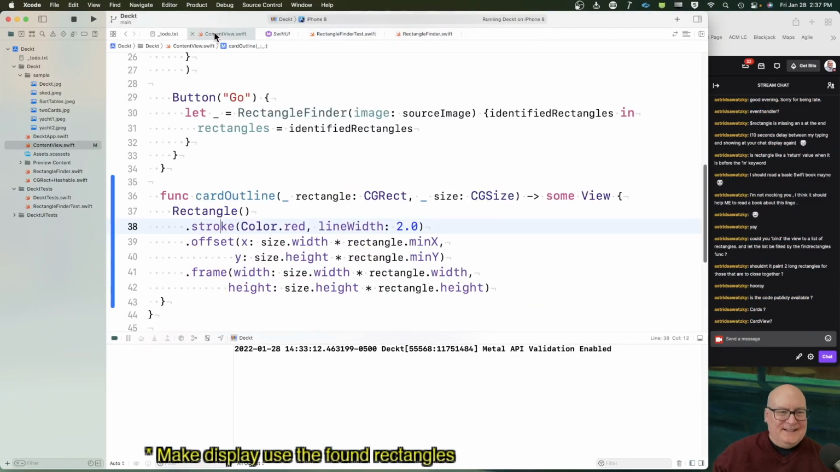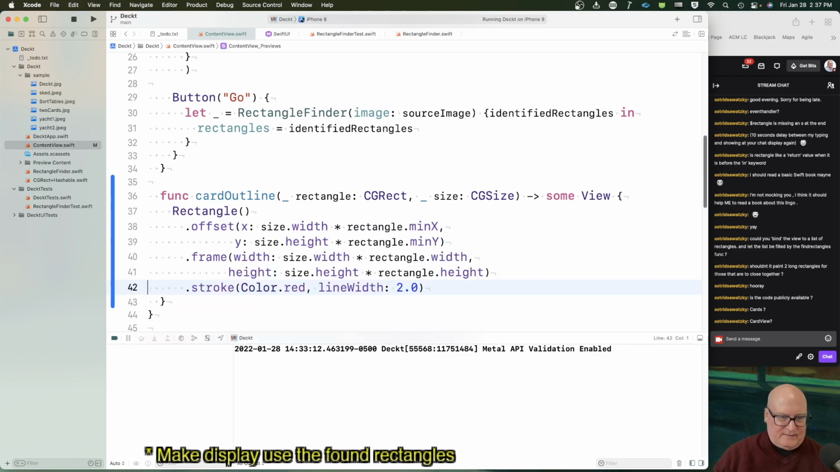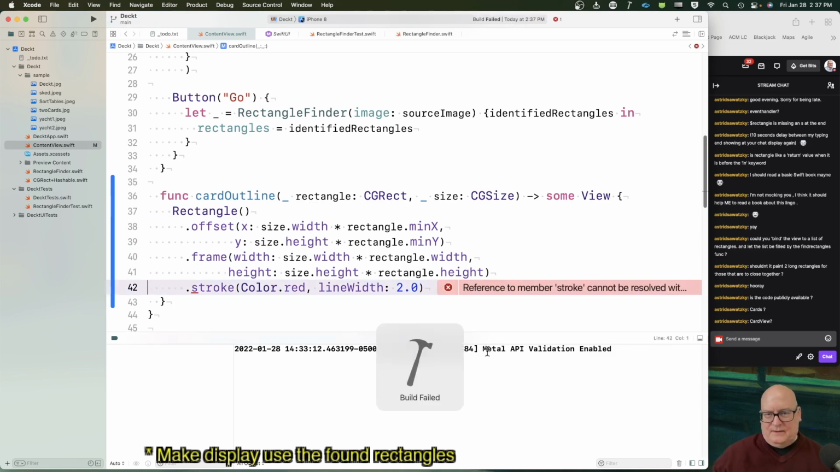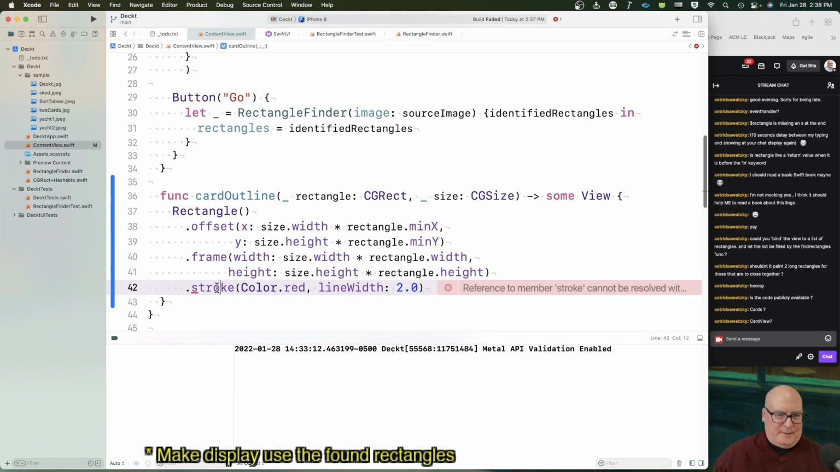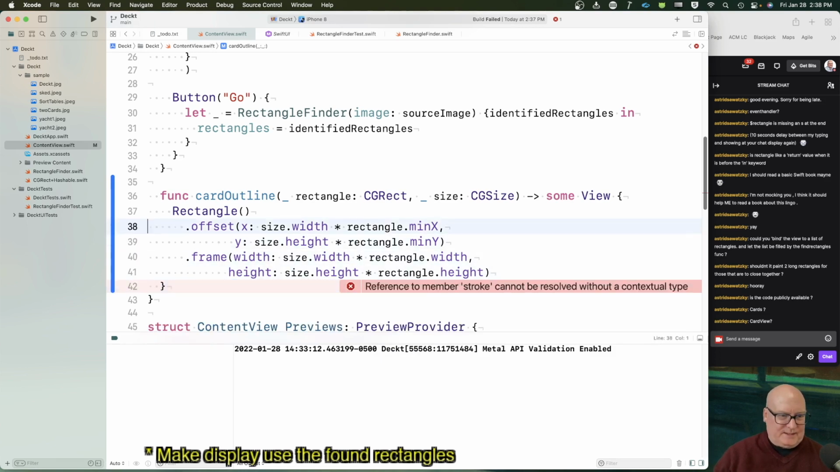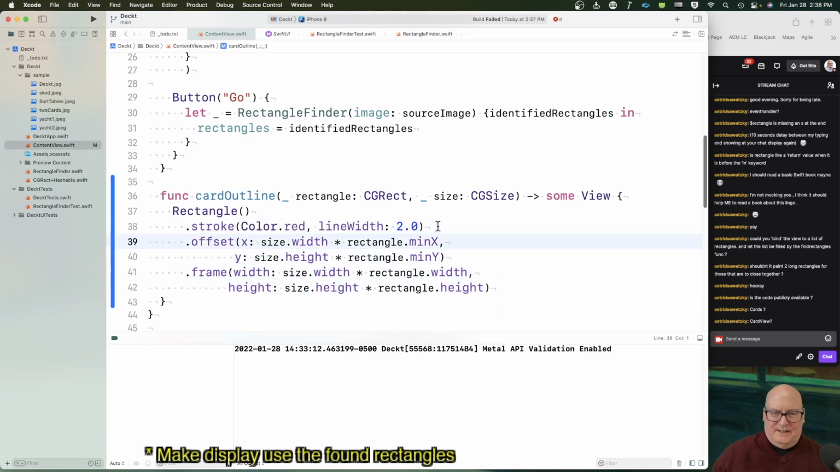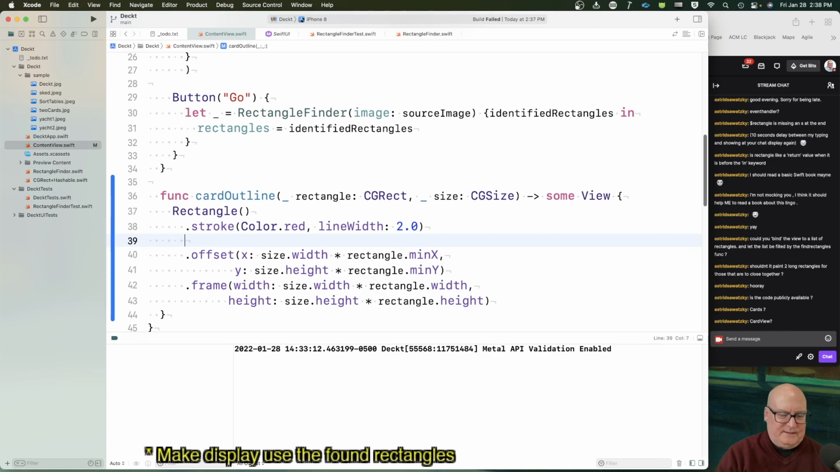I don't know. This is experimental, but I think what I'm saying is, well, okay, let's arrange this a little differently. I think the stroke should come after we've done all the stuff. Okay, I think that's still going to be okay. No, it can't. Cannot be resolved without a contextual type. Apparently, that's the contextual type. Okay, if I scale this thing,